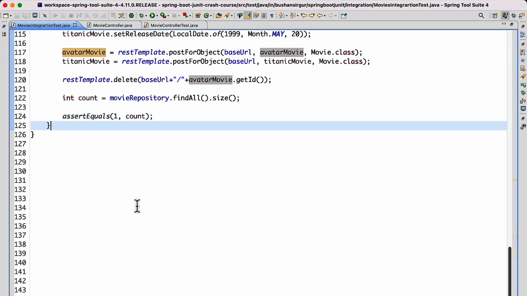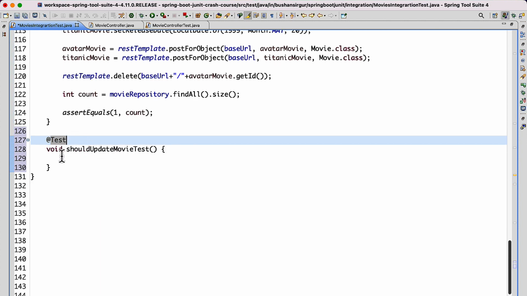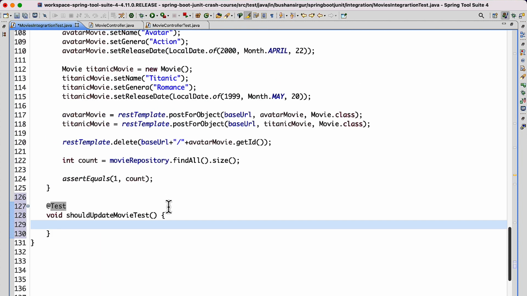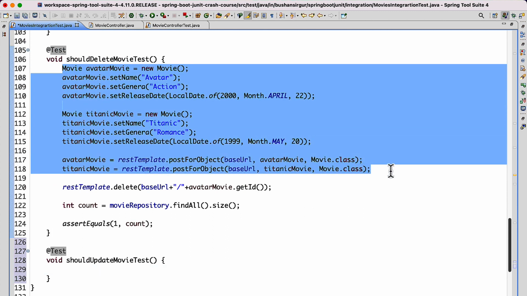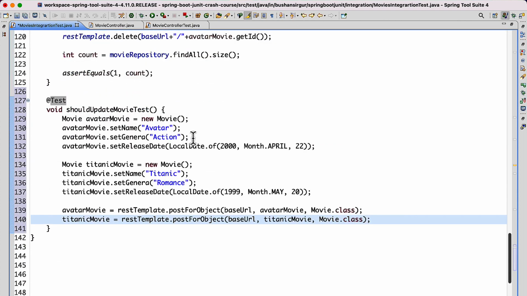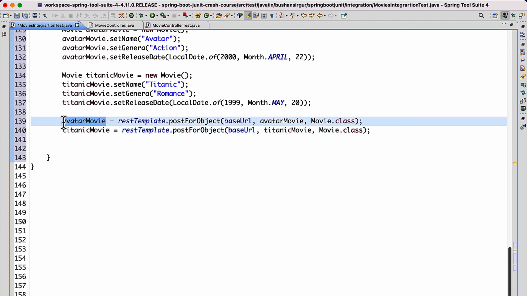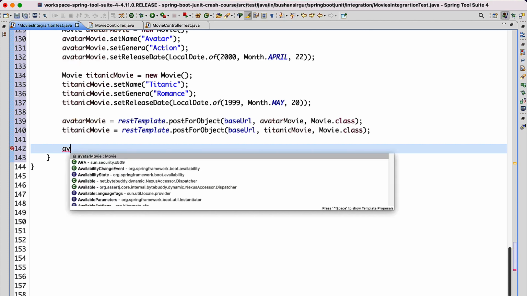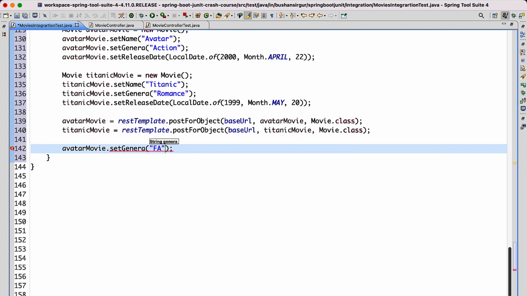Now let's write a JUnit test case for updating the movie. Void should update movie test. Let's add the test annotation, and inside this, first of all, let's set up the data that are required for our test case. What I'll do is I'm going to copy these two and paste it, and next once we have saved into the database, we are going to update the same object, which is avatar movie. So avatar movie dot set genre, we are going to update the genre. So let's say it's fantasy,